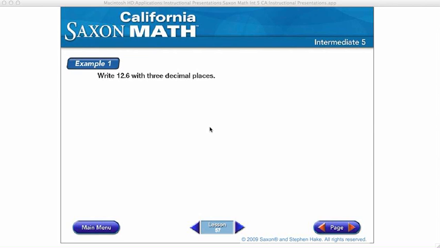So we know that whenever we add a 0 to the end of a decimal, it doesn't change the value. So here I have 12.6, but my example wants me to write 12.6 with 3 decimal places. So here's my first decimal place. But it wants 3. So it wants 3 numbers to the right of the decimal. So without changing the value, if I just add zeros here, I haven't changed the value. I still have